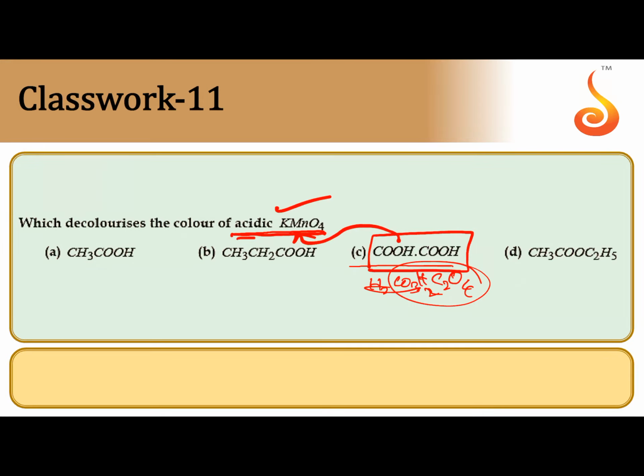Which of the following esters cannot undergo Claisen condensation reaction? Esters also undergo Claisen condensation reaction in the presence of alkoxide base, but alpha hydrogen is compulsory. So which of the following esters cannot undergo, meaning which is not having alpha hydrogen? A is having alpha hydrogen, so this is not the correct answer.